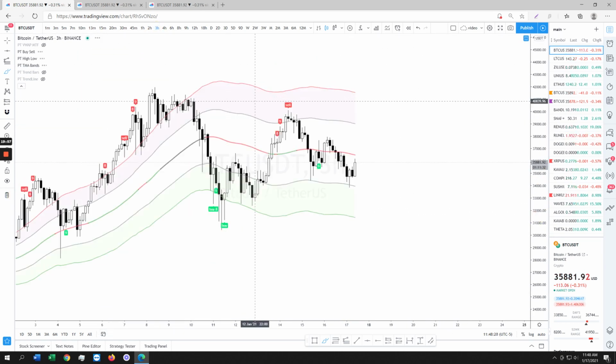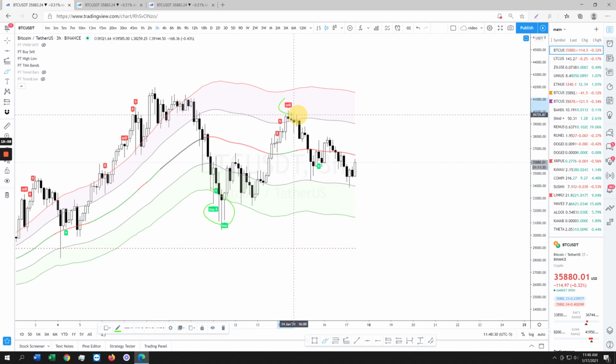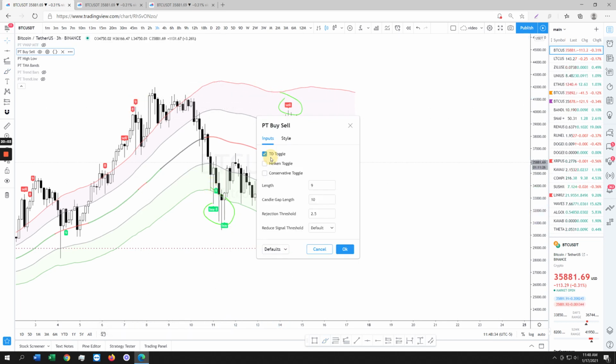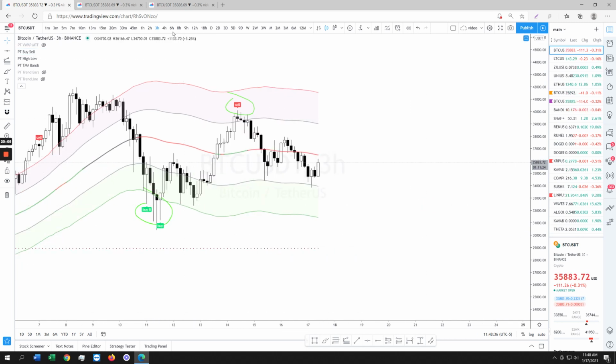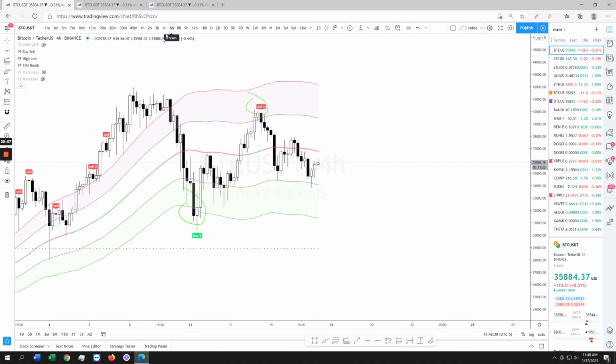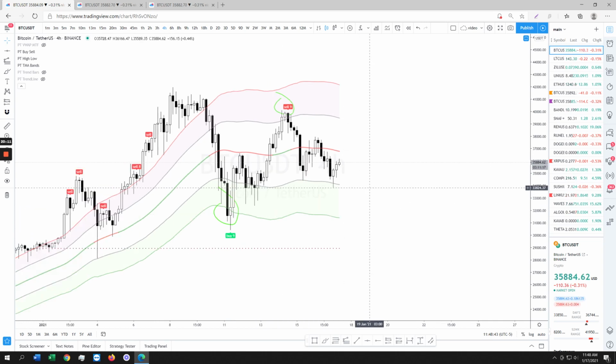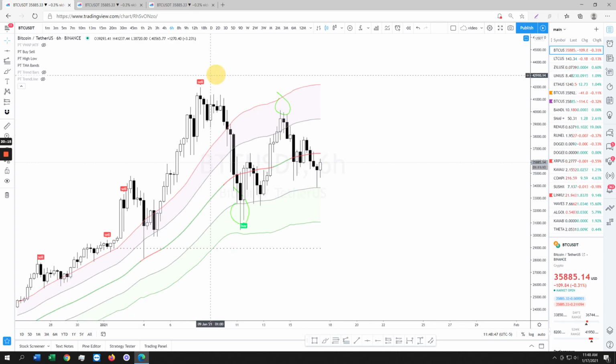3 hour. No, we have only down here and up here. Let me get rid of these real quick because I don't want them to clutter up the... There you go. 4 hour. Ooh. It would be nice. So this could still technically be a higher low, guys. I'm not going to lie to you, right? 6 hour. Yeah. It was solid and then a buy.